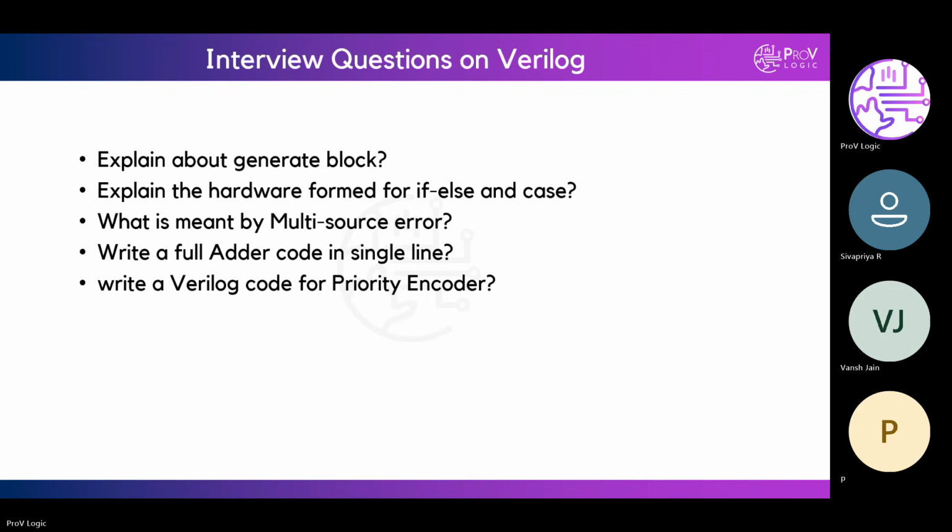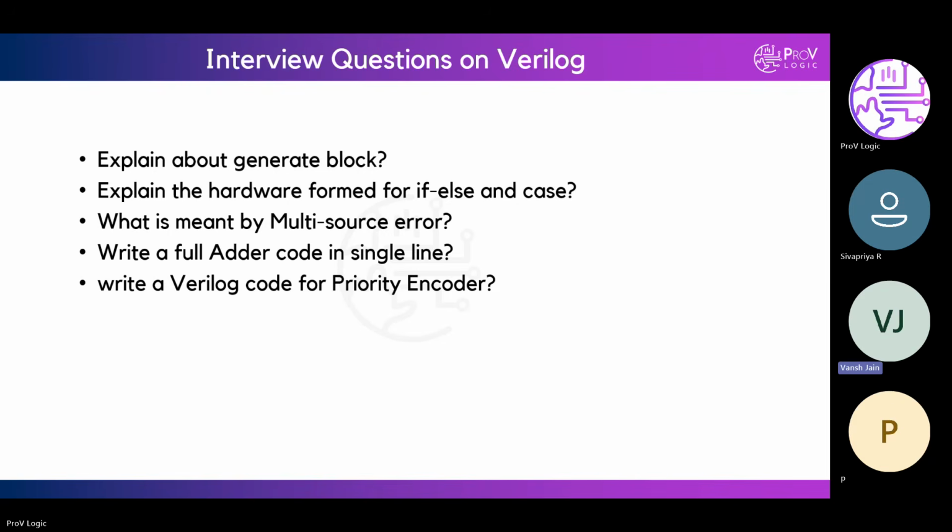Can we use only a for loop? We can use generate to do multiple instantiations, or if else also, based on a condition or case. Yeah, if else we can use with generate. Suppose with some condition we want to decide whether to instantiate or not.